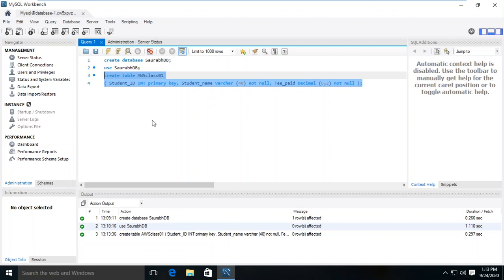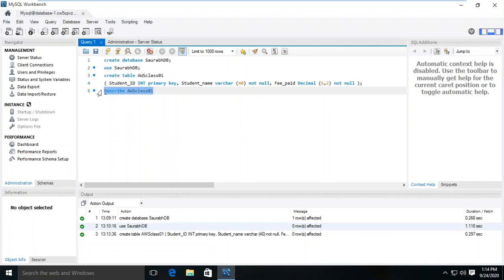If you want to test it also, you can execute the next task, that is describe your table name. What is your table name? Is AWS class 01, or we can just execute it like direct also. Just select execute, so that it will show me either that really the table has been created or not here in a graphic way.